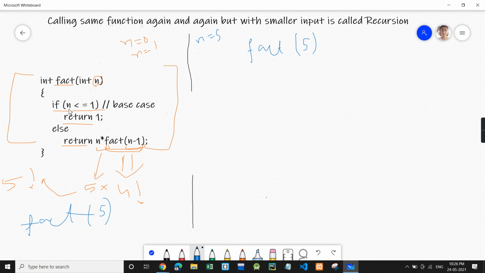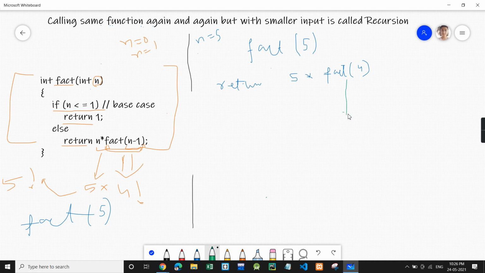Now, is 5 less than or equal to 1? No, we do not hit the base case, so we go into else and return 5 into fact of n minus 1. n was 5, so n minus 1 will be 4.